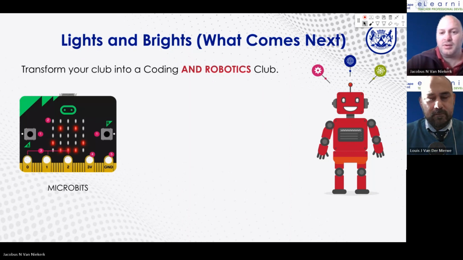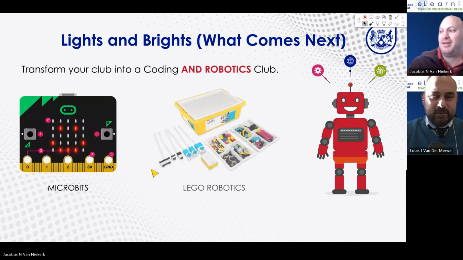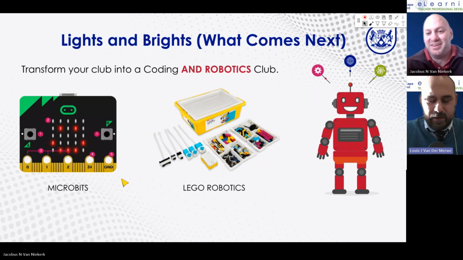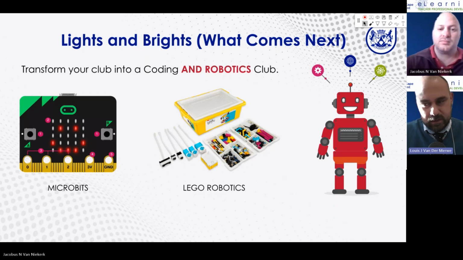Right. So I'm glad Danielle mentioned the Lego Spike, because Lego robotics is the coolest robotics set or kit that I've seen so far, in my opinion. Not only because the robots are cool, but because of the league, the fact that it turns into a sports club where you compete against other schools gives your coding club, your robotics club, such a nice purpose. And yes, I know that kit is 10,000 Rand for one.